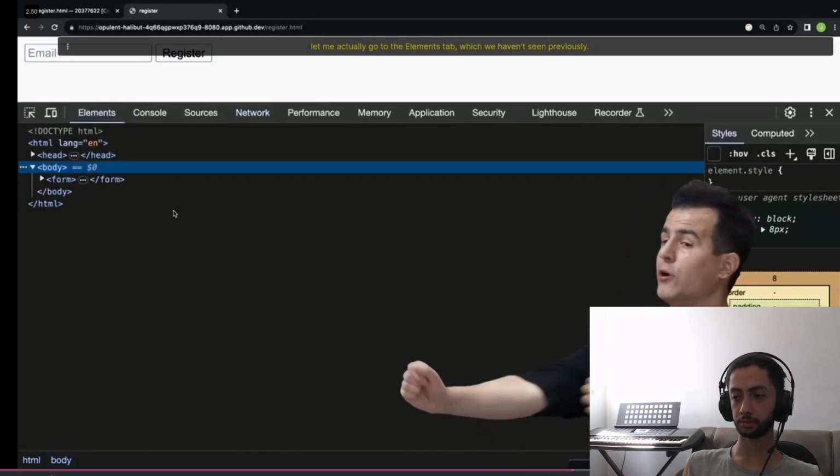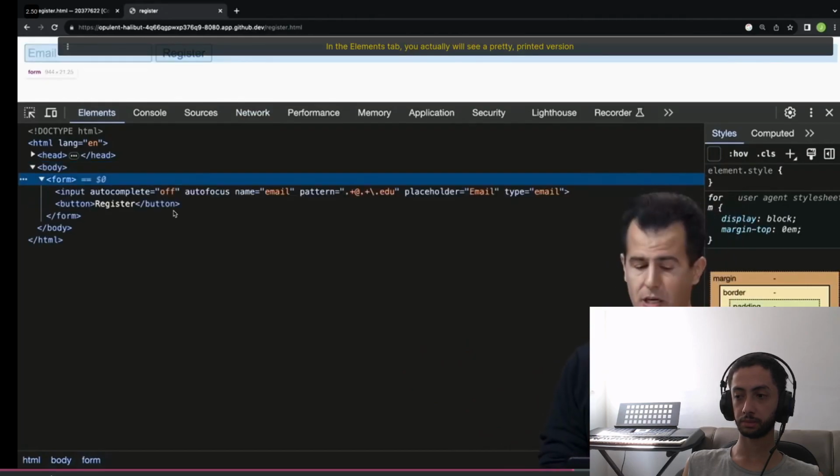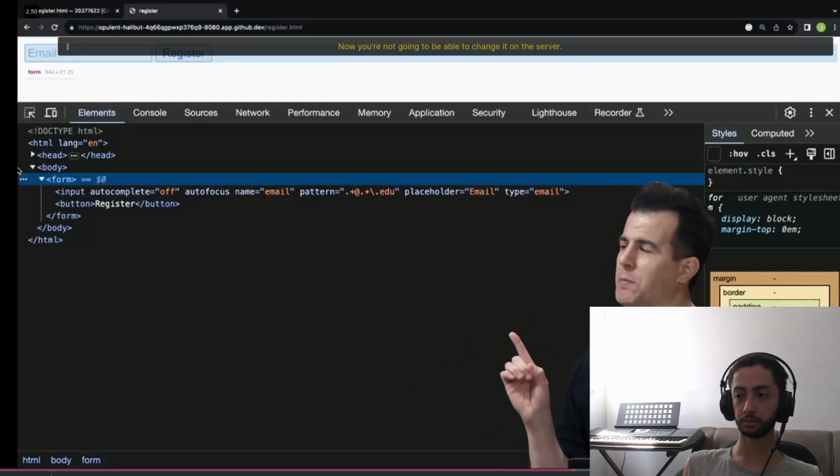Let me actually go to the Elements tab, which we haven't seen previously. In the Elements tab, you will see a pretty-printed version of the same HTML. But what that means is that you can not only see the HTML, you can actually change it. Now, you're not going to be able to change it on the server, but I can absolutely change my own